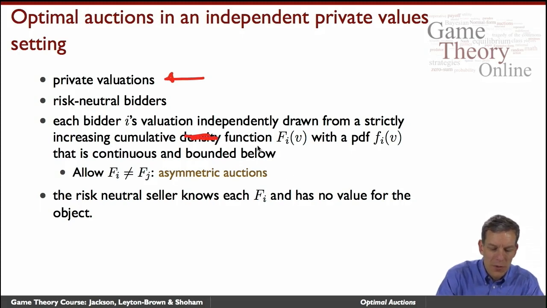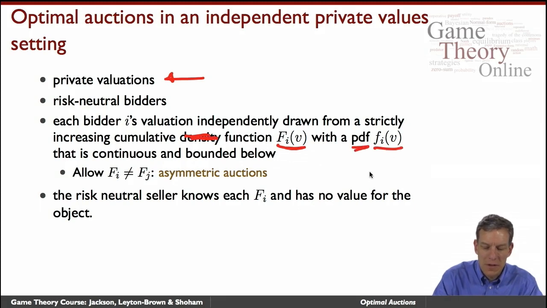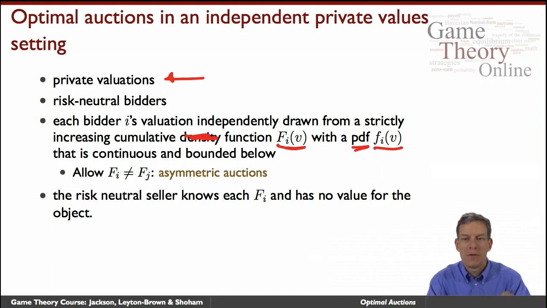So we have a cumulative distribution function Fi with a PDF density function fi, which is going to be continuous and bounded below. So nicely defined continuous distributions over value,